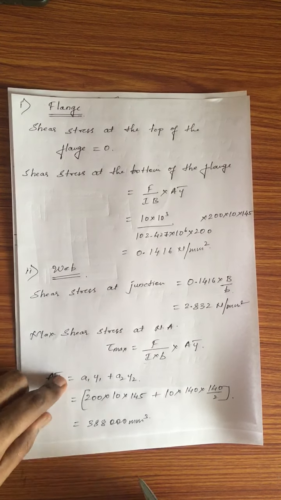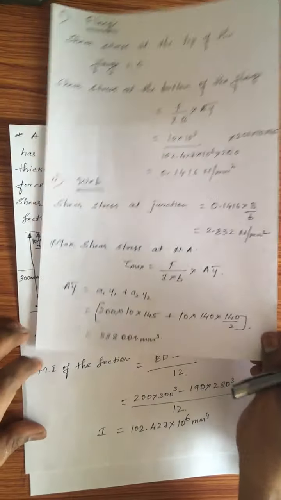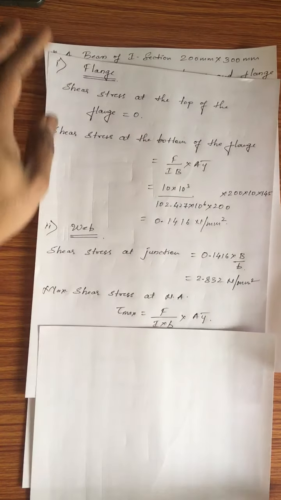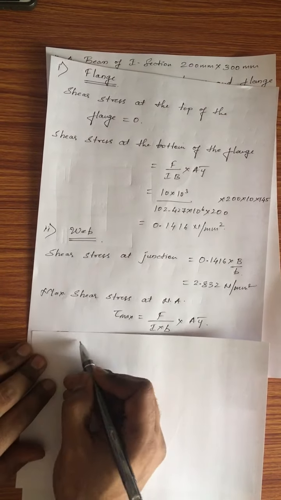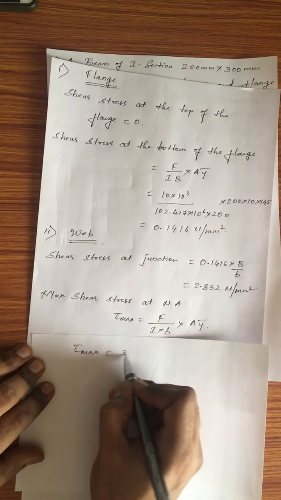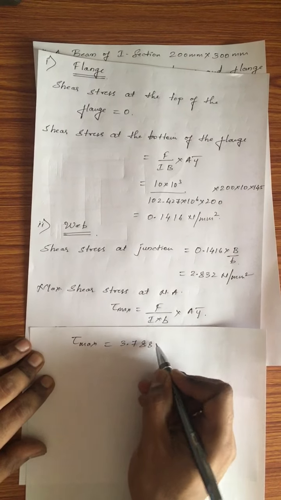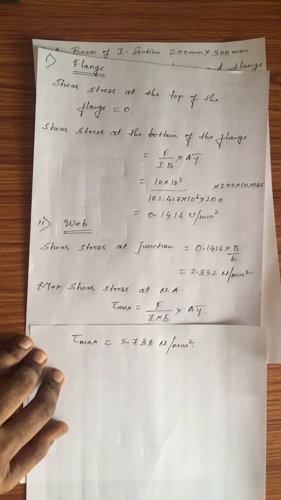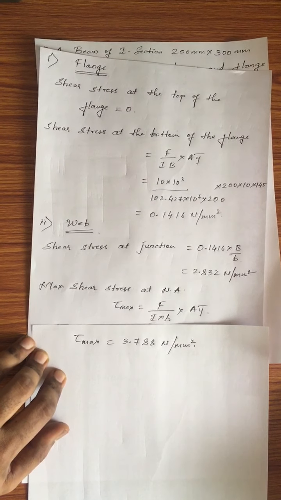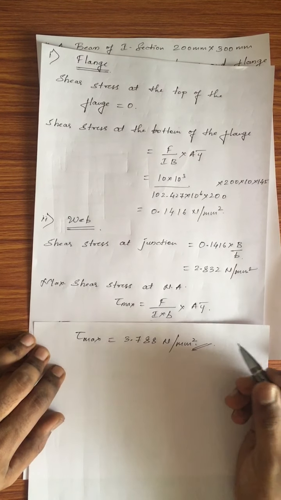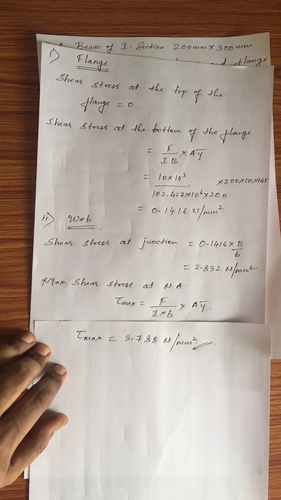And now if I substitute all the values in this formula, I'll get tau max value as 3.788 Newton per mm square. This is the value that we will get. Okay. So once we get the maximum shear stress value, ultimately only thing that we need to do now is